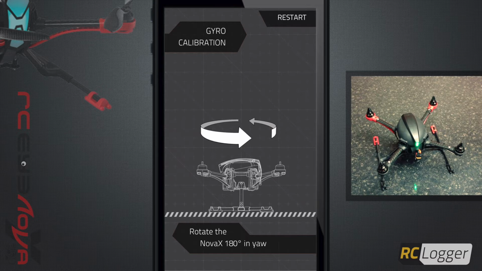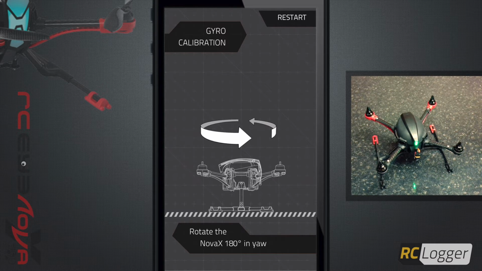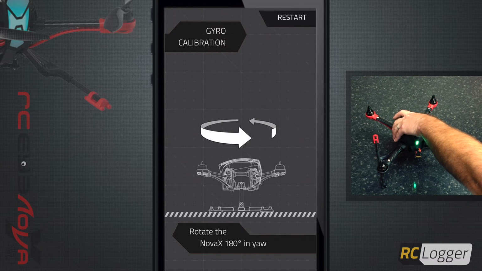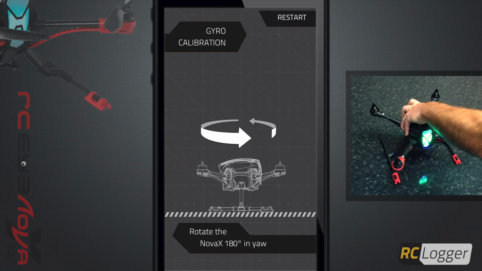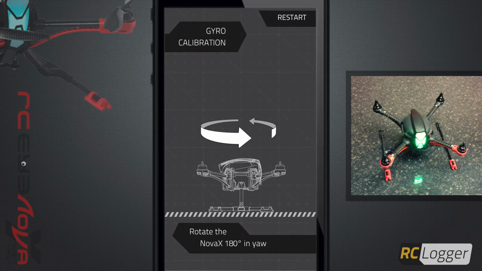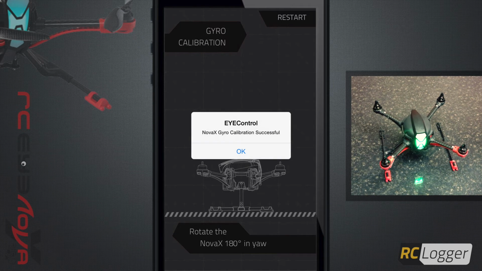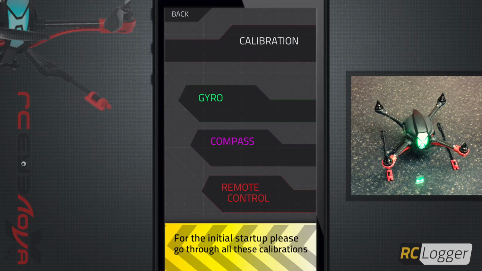At that point, it gives you a beep indicating that it is red and is in the first sequence, and now it's telling us to rotate the NovaX 180 degrees in yaw. So we're going to do that. Put it 180 degrees from where it was and set it back down. At this point it says EyeControl NovaX gyro calibration successful. So we can hit OK, and it will bring us back to the calibration menu, and we have now successfully